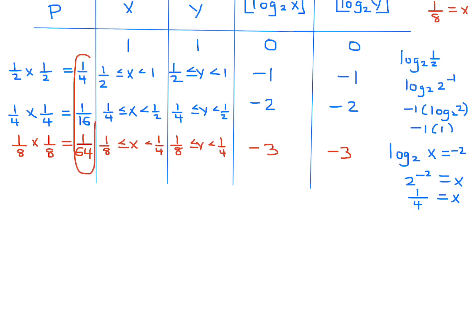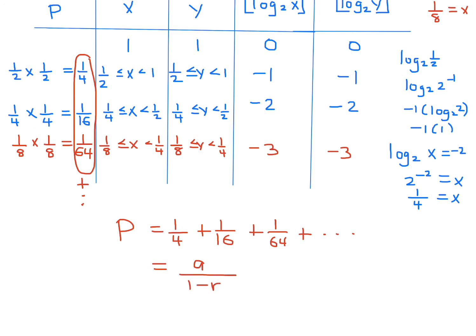Now when we add up these probabilities, it's going to keep going, right? Dot, dot, dot. So it's basically 1 over 4 plus 1 over 16 plus 1 over 64 plus dot, dot, dot. Keeps on going. And we know that formula, a over 1 minus r, the sum of an infinite geometric series. A is the first term. In our case, it's a quarter. R is the common ratio. You get the common ratio by dividing the second term by the first term. And that is 1 over 16